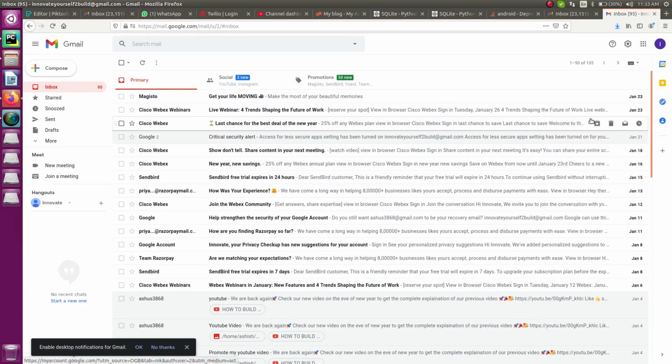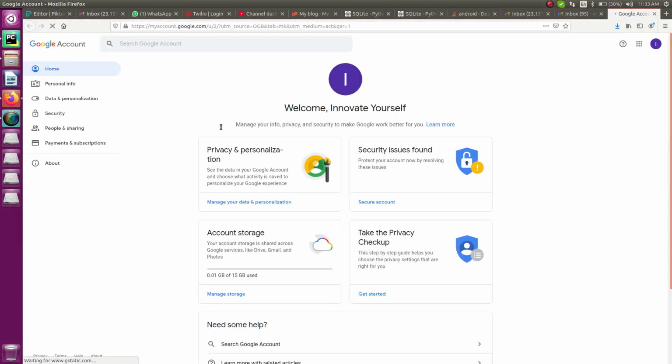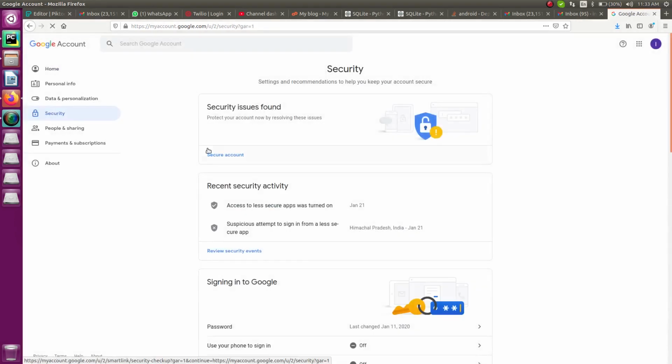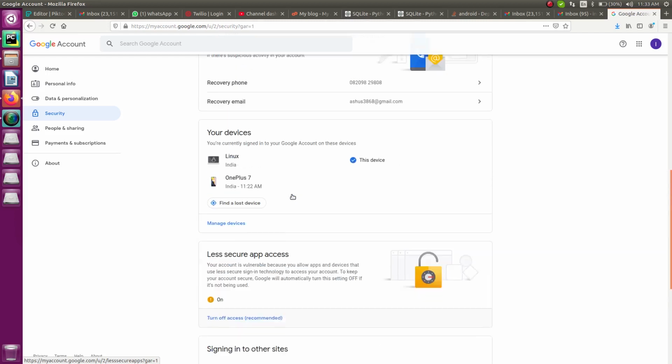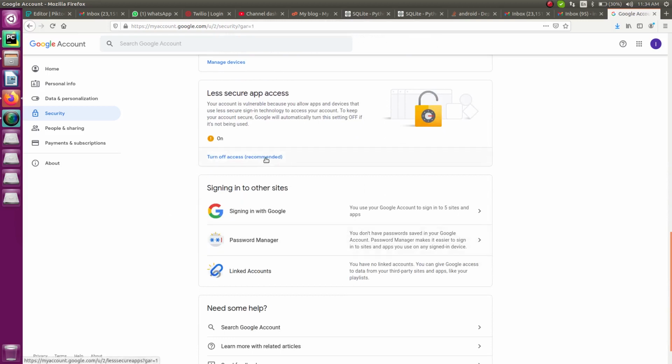just click on this. So here it will show you an option, security, just click on that. Now go down, here you will find an option named less secure app access. From here, you just have to turn on this option, then only you will be able to send that email to anybody from your email ID, otherwise you won't be able to do it. And also the second thing is, if in case you have already done the two-stage verification for your email ID, then you will not find this option in your case, right? So this is the most important thing that you must keep in mind before running this program, right?